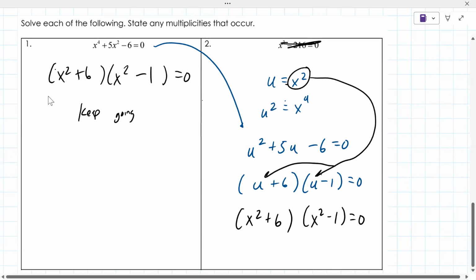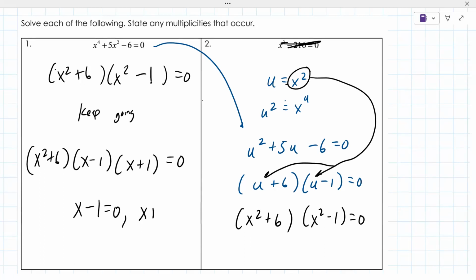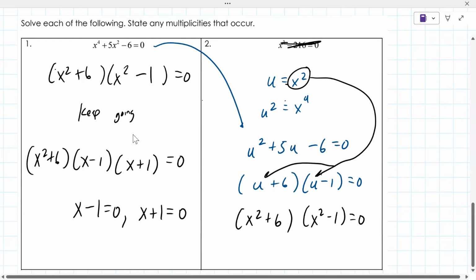The one on the left is not factorable. X squared plus 6, there's nothing more that you can do there. The x squared minus 1 is a difference of squares. So that becomes x minus 1 times x plus 1 equals 0. You set each of these equal to 0. So that would give you